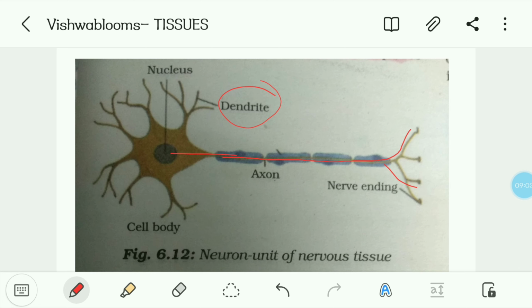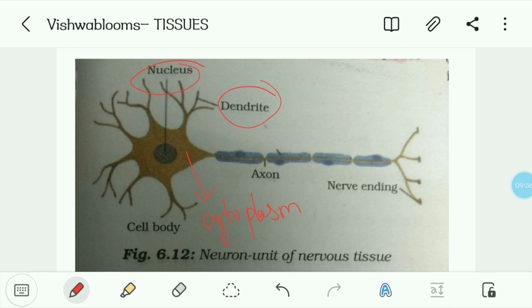Okay. And in the center you can see this black color thing, right? Sorry, blue color it is here. That is called the nucleus. Okay, here they already mentioned nucleus. Okay, and where is the cytoplasm, you will be asking, right? This is the cytoplasm. They didn't mention it, I am mentioning. And this line which is connecting to the nerve ending, right? This is the nerve ending point. So here the nerve ends, right?